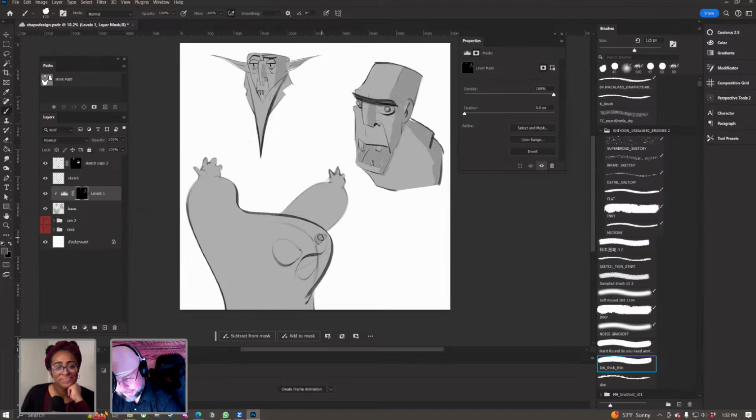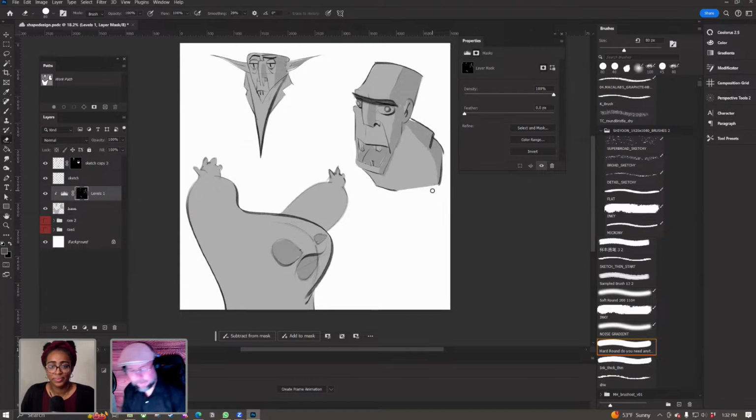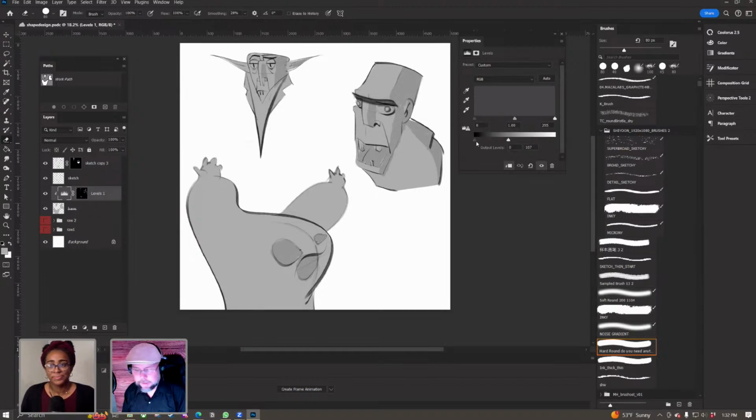And then with the ghost, I'm not going to put shadows on him. I'm just going to fill in his eyes here. So with this, now I've got a shadow map. I was able to fill in the eyes. I have so much control now, because if I want to make these darker, I can bring it in. I can make it lighter, and I have a lot of control.